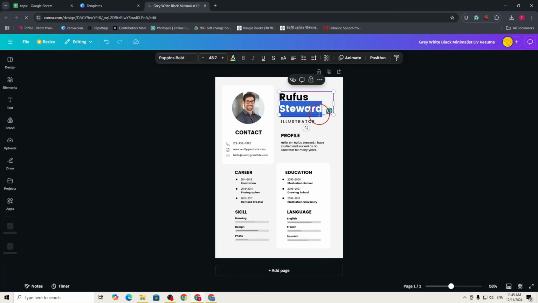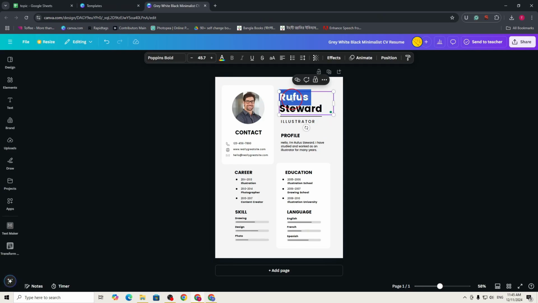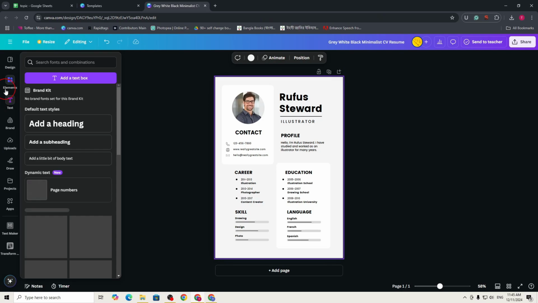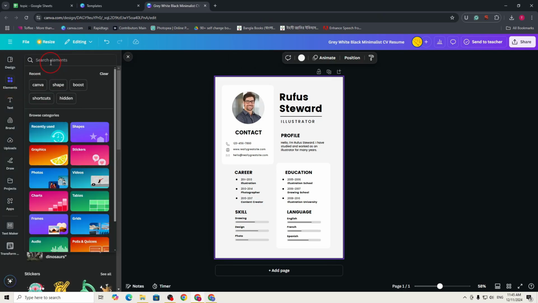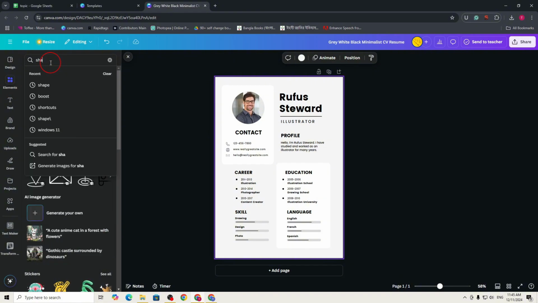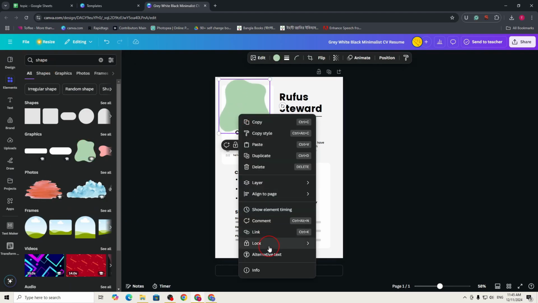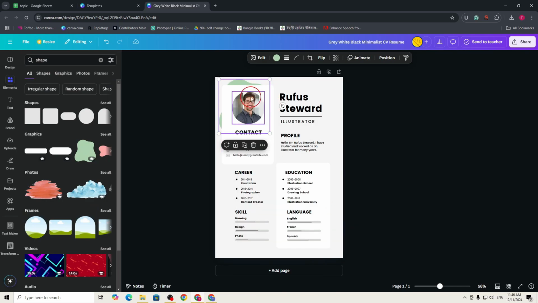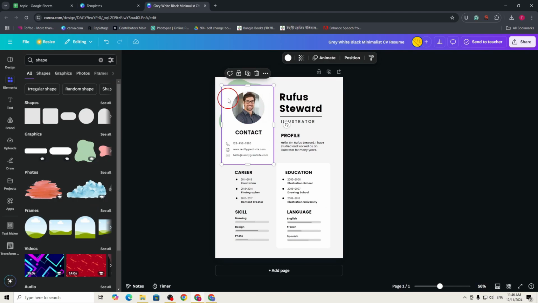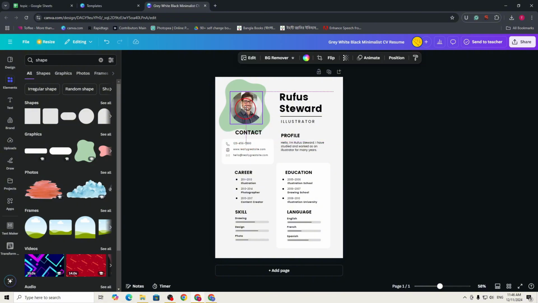Now just change your name and everything you want to change. Okay, you can add more design from elements. Let's say shape, you can use shape. Okay, a different shape. Right, this way. Okay, so you can do a lot of changes here